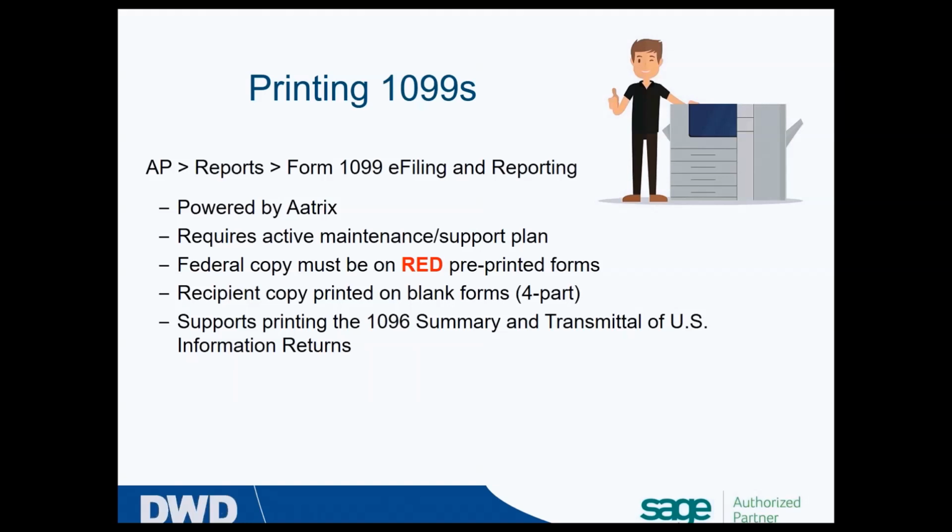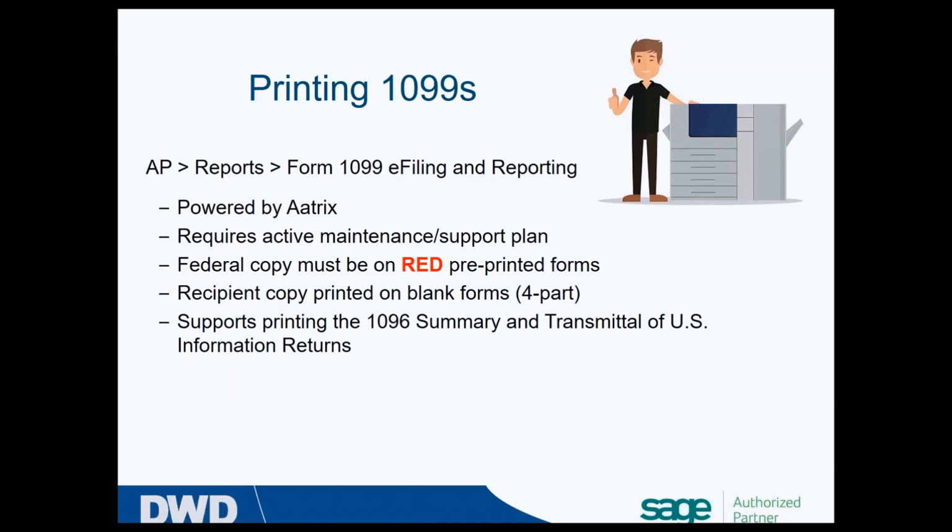Your recipient copy can print on blank paper, typically a 4-part perforated paper, and if you've got that with the instructions pre-printed, that's awesome. If not, just print the instructions,